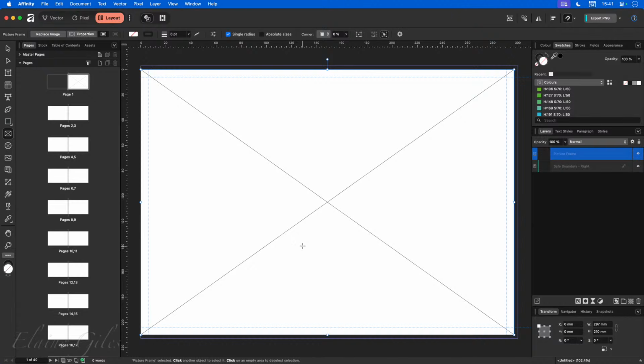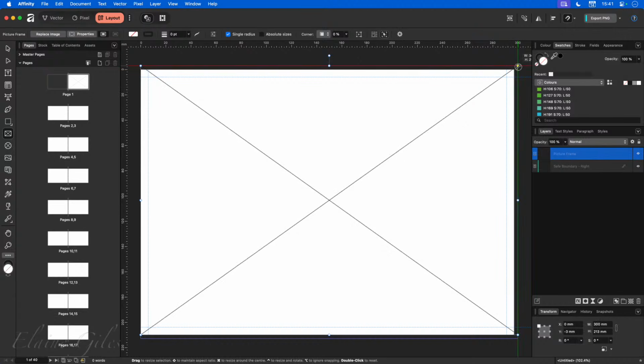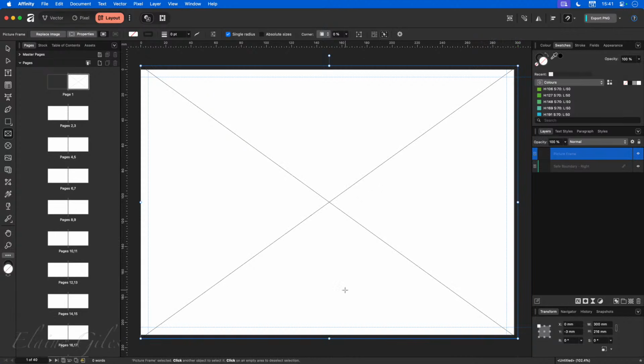For digital output, that's absolutely fine. But the bleed is an extra area that you bleed your content into. So I'm pulling it up, so it's going to the corners. And that is where the cut line is. If the cut line is a fraction off, you won't have white showing at the edge. It's a safety measure. That's what the bleed is for. So I've put the picture frame on there as a picture placeholder, and that is the best way to work